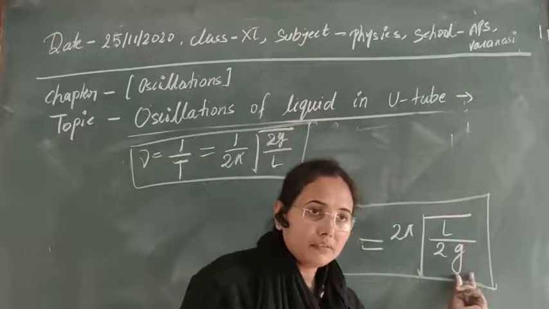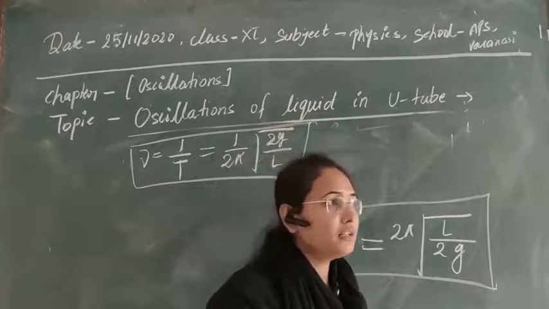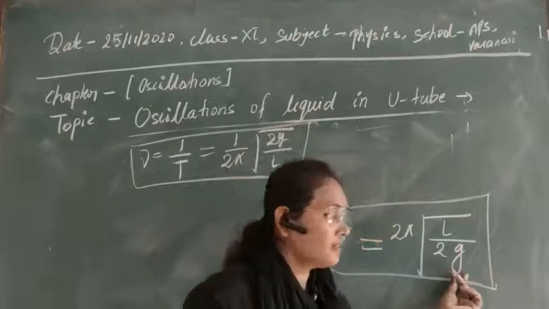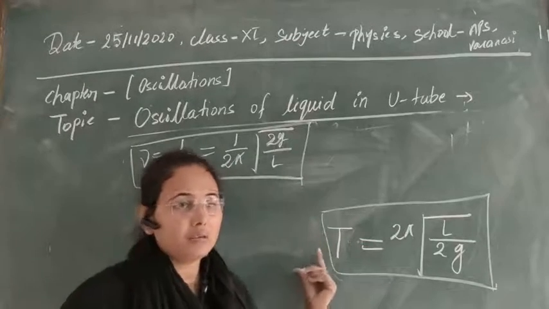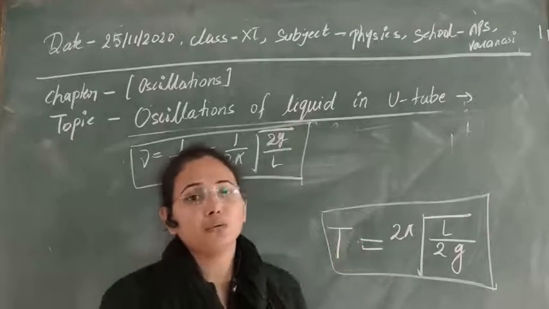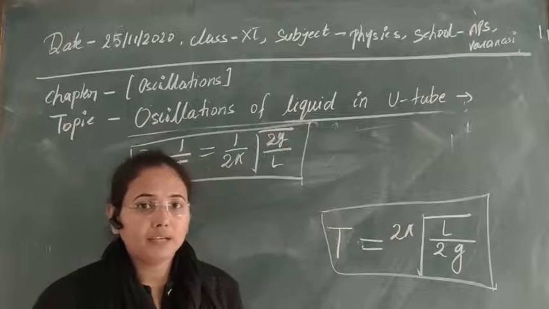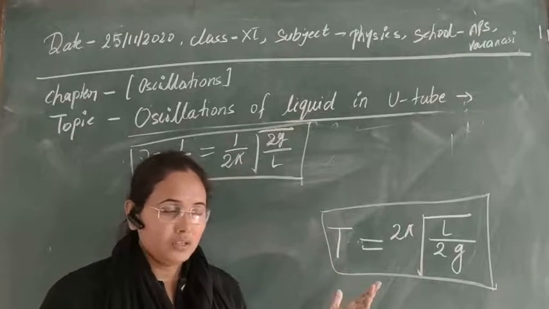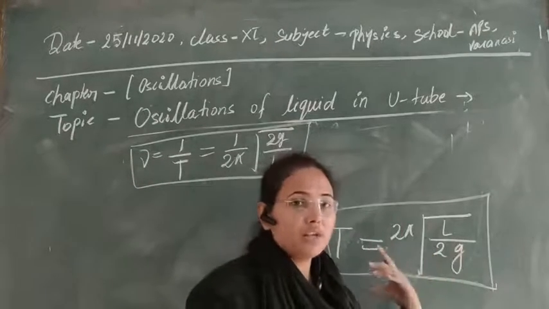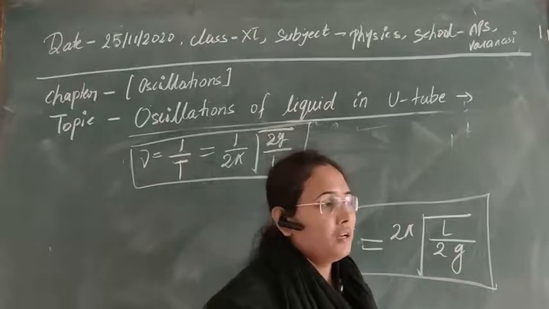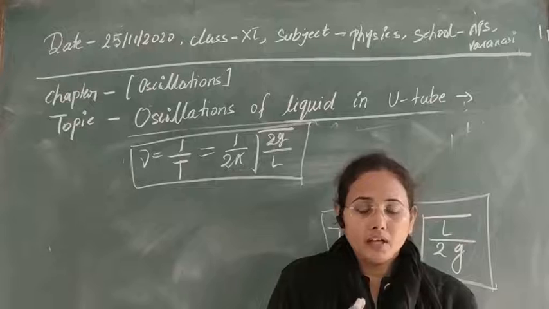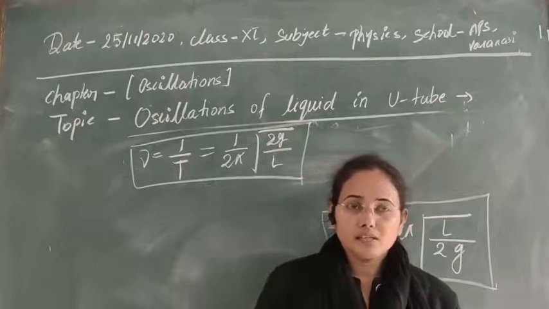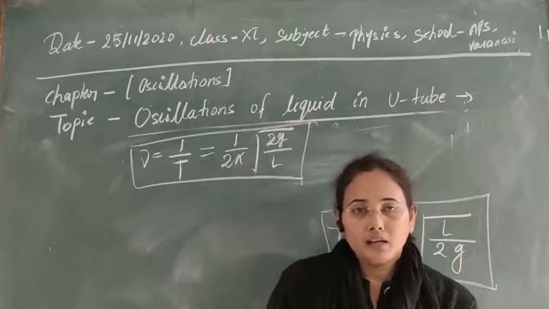If you go to any place where gravity is increasing, then due to the increase in gravity there will be a decrease in time period. It means the system will start to oscillate more rapidly than it was oscillating. So for rapid oscillation, what do we have to do? Rapid oscillation means oscillations are performed in a very short time. To complete one oscillation, the system is taking very short time.